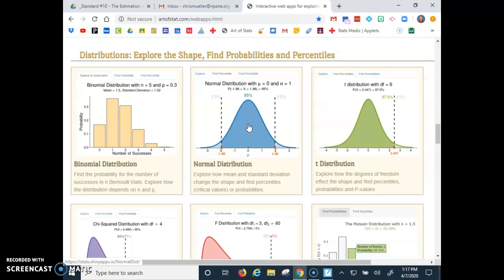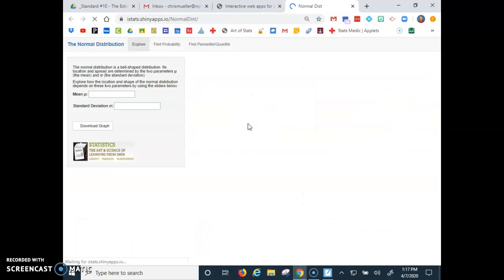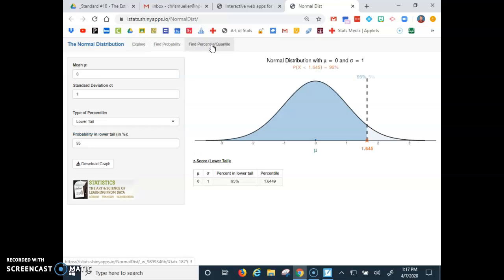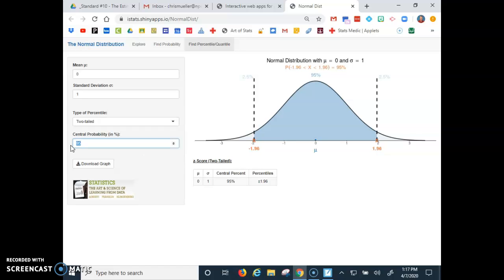So we're going to go to a normal distribution, and we're going to go to find percentile or quantile, and don't even mess with any of this stuff because we're on a standard normal distribution, which has a mean of 0 and standard deviation 1. For confidence intervals, you're always going to use a two-tailed, and then there's your central probability. So for a 95% level of confidence, your critical value is 1.96, just what it said in that table. If you want to go for a 90%,